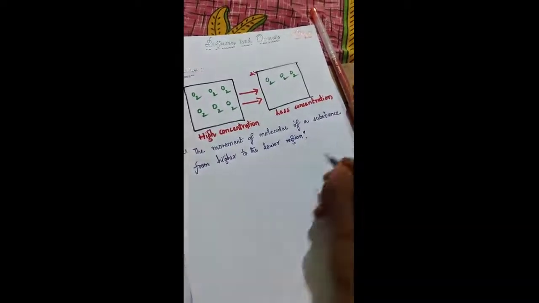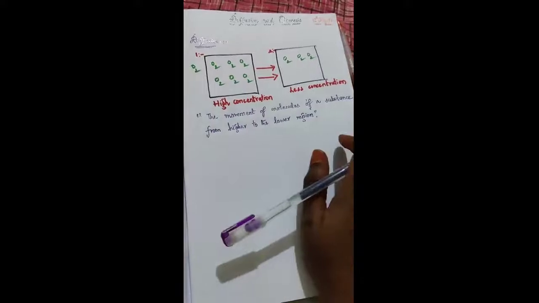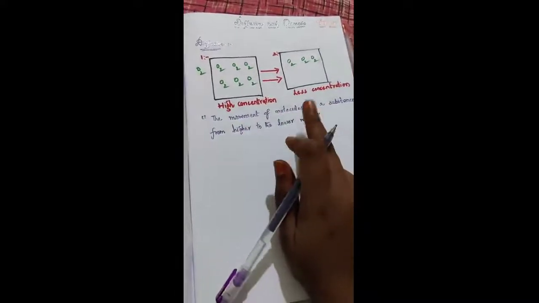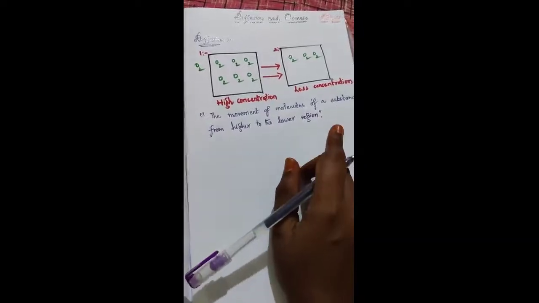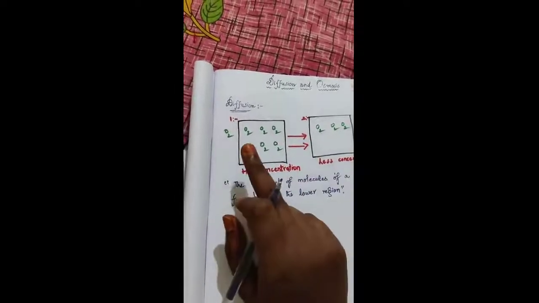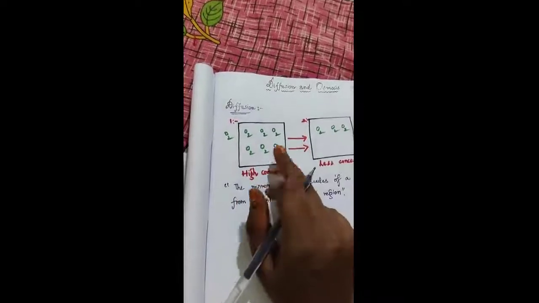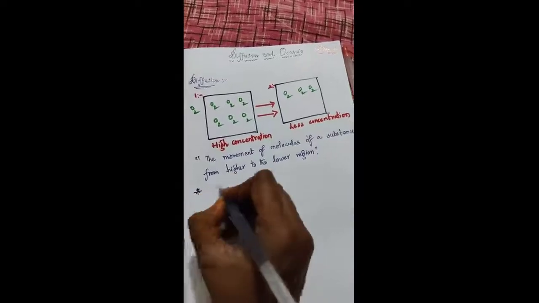Always diffusion. What is diffusion, beta? The movement of molecules of a substance from a higher concentration to a lower concentration, or from a higher region to a lower region, is called diffusion. Okay, for your easy understanding, I have given you case 1 and case 2 as an example. You have to remember one more thing, that diffusion occurs